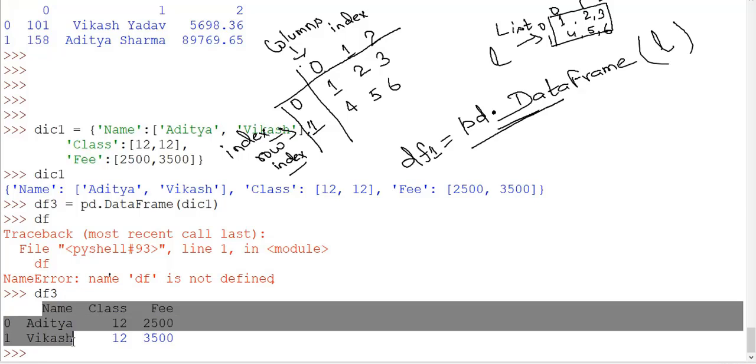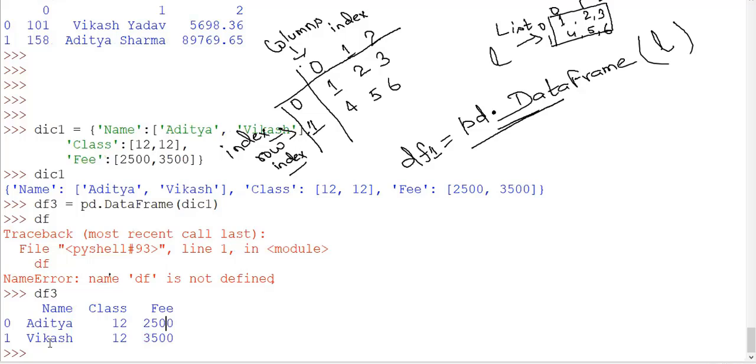Name, all the names are here. Class, all classes are here. Fee, all fees are here. Aditya is studying in class 12, he has to pay 2500. Vikas is studying in class 12, he has to pay 3500. Both are having a different stream or different section, something like this. So this way we can create the